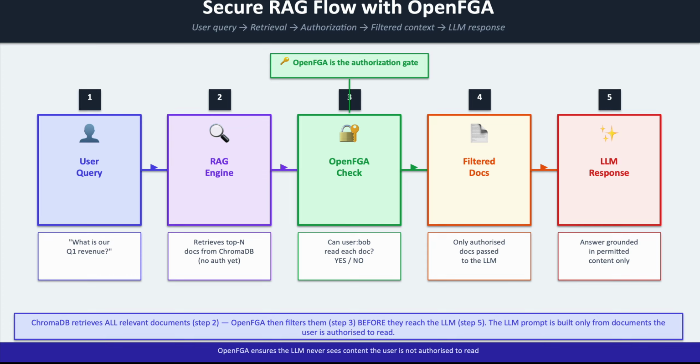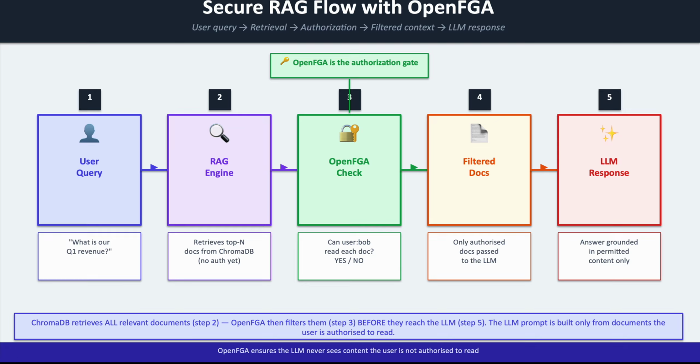So in this demonstration, I have created a RAG pipeline where many users are using the RAG pipeline, but based on the user role, for example, if Bob asks a question, what is our Q1 revenue, the RAG engine may retrieve the top 10 documents, not all documents that Bob has access to, but the OpenFGA, this is where, because